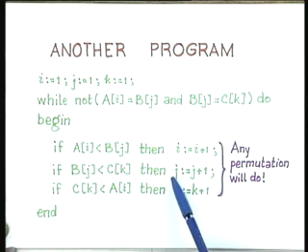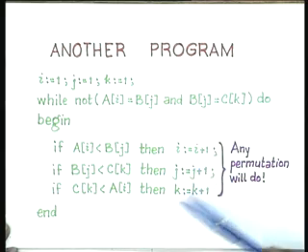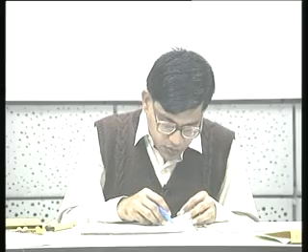So, it allows for changing i, j and k in a sequential fashion. I mean, you first change i if it is necessary, then you change j if it is necessary, you change k if it is necessary and go through the process all over again, but it is still totally deterministic, right. It is totally deterministic and therefore, it is also easier to reason with such deterministic programs. So, a non deterministic program for this problem would just be the following.